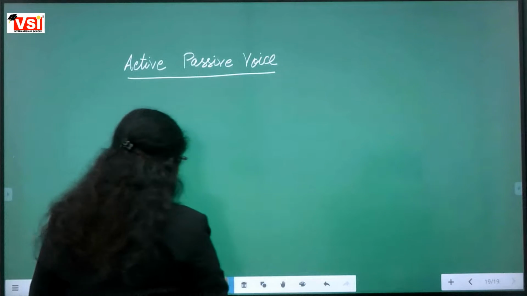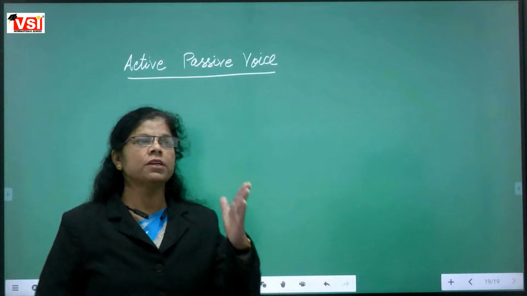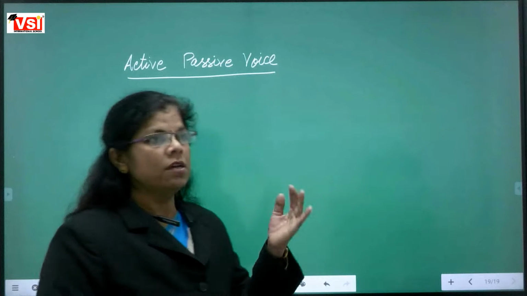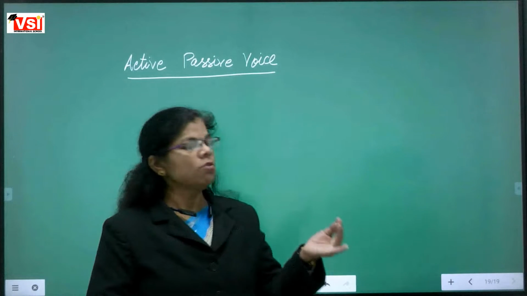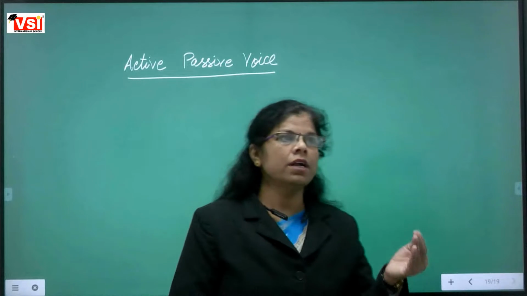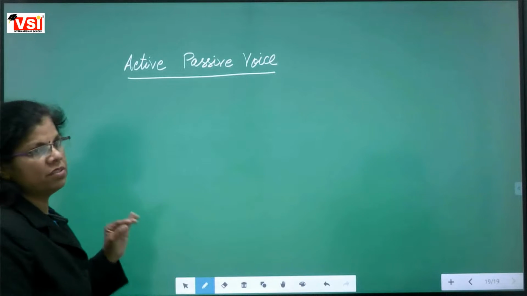So what was going on in the chapter, that we have discussed what kind of sentences are called active sentences, what kind of sentences are called passive sentences. Second thing we discussed that how the active sentences are transformed into passive sentences, and we have learned 5 basic rules for them. Okay,